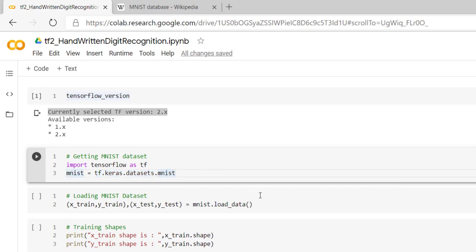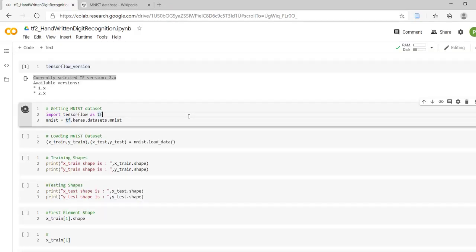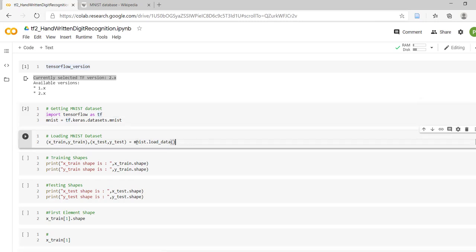So just import TensorFlow as tf and then we can take the MNIST dataset from tf.keras.datasets. Under this, one of the datasets is MNIST and we are just taking that data. Now we have that dataset but we haven't loaded it. In order to load it we have the load_data method.